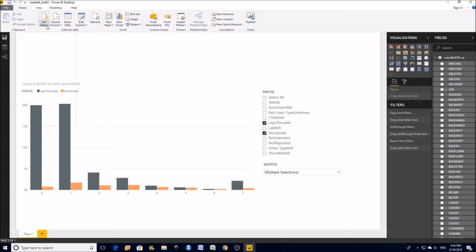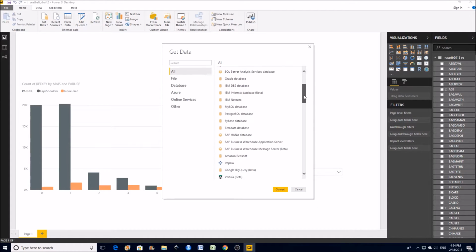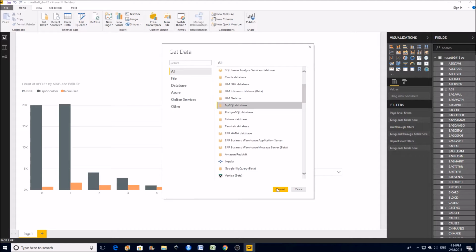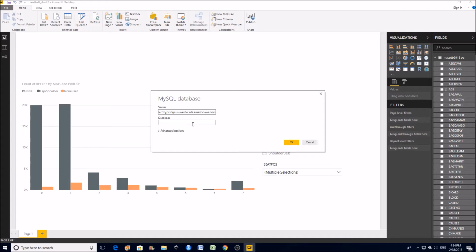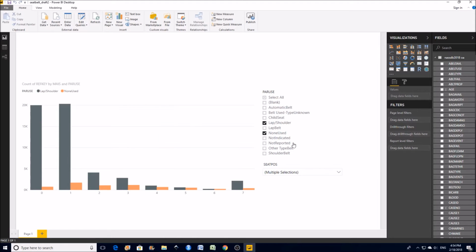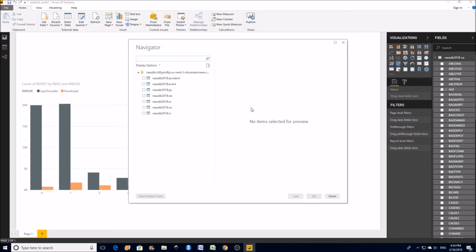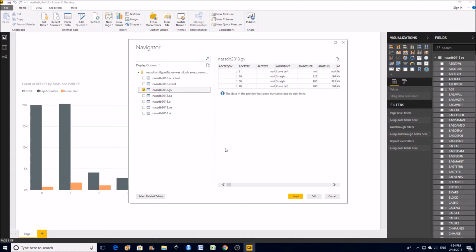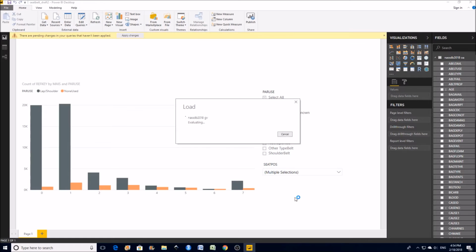So we go into the Get Data selection here. We'll scroll down and, similar to before, click on the MySQL database, enter the server information, and we'll click Connect to the NAS database 2018. Actually, we'll remember our login credentials, and in this particular case, the information about severity is in the GV table. So we'll click on that and we'll hit load, and now it will go through the process of loading in